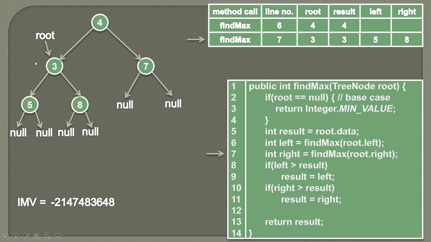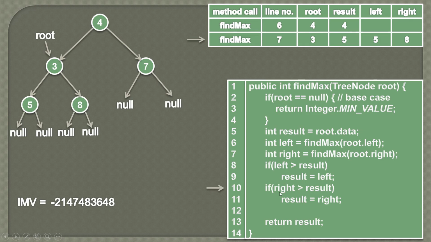So friends, here you can see for this small binary tree, we got the 3 values. 5 was the maximum in the left subtree, 8 was the maximum in the right subtree, and we'll simply compare it with the root, which is the result value. So here we'll perform the comparison. So we'll check whether left is greater than result or not. So this condition comes out to be true, because left value is 5, which is greater than 3. So we'll simply update the value of result with the maximum value, which is 5. So this will become 5.